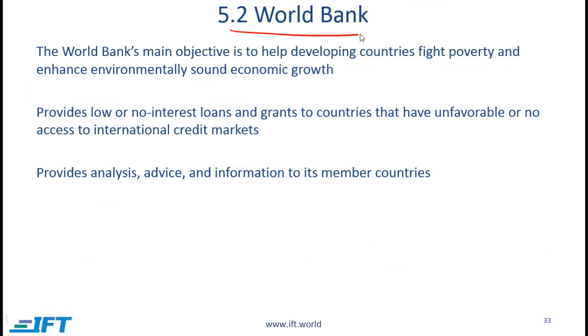Next we come to the World Bank, or the World Bank Group. The main objective is to help developing countries fight poverty and enhance environmentally sound economic growth. The World Bank has two closely affiliated entities. One is the International Bank for Reconstruction and Development, which is also called IBRD, and the other is the International Development Association, or IDA. These entities provide low interest or no interest loans and grants to countries that have unfavorable or no access to international